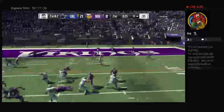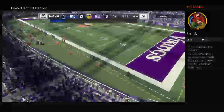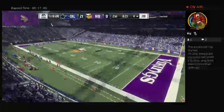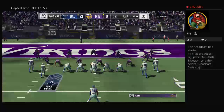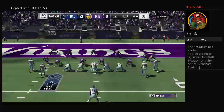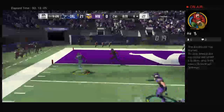And again, it's Prescott. This will be caught at about the 5. The Cowboys going to use their 2nd timeout now, as the stoppage will come with 23 seconds to go till halftime. And the 8th play on this drive coming up. Now they send the tight end in motion left. Now Elliott. And he'll